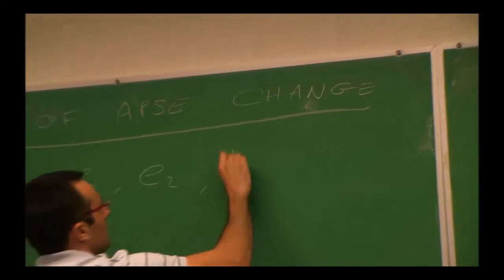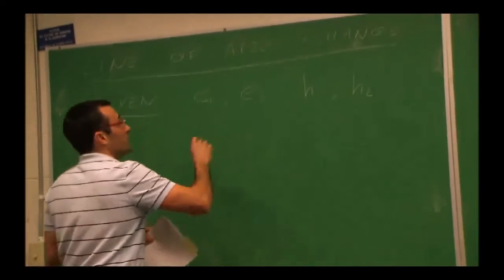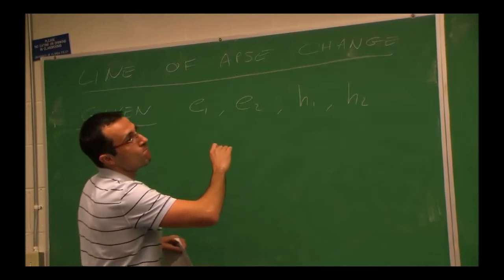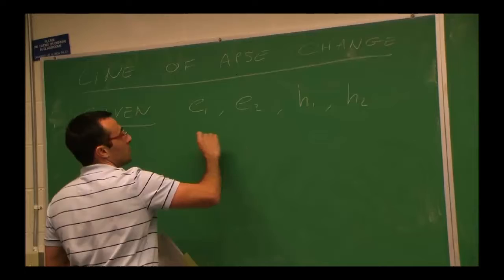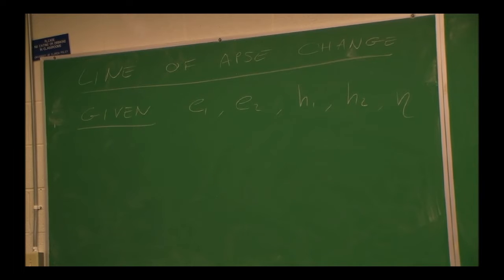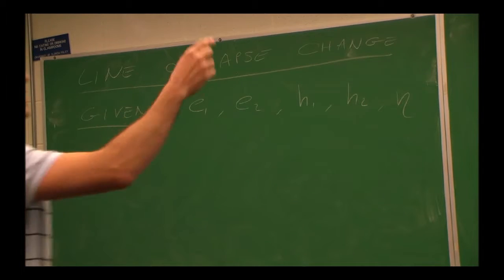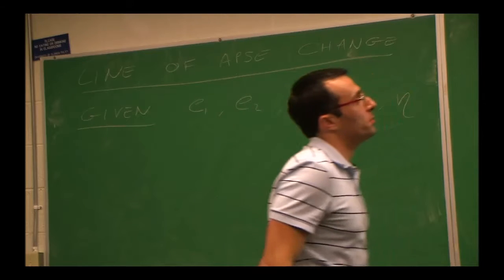So in particular, I'm going to use the eccentricities, e1 and e2, the angular momentum magnitudes, h1 and h2. And I do know, what do I know? I know the angle between the two. That's it. That eta angle between the line of apsides. So before I can do a maneuver at the point I or J, doesn't matter, what I'm going to give you works for both points,